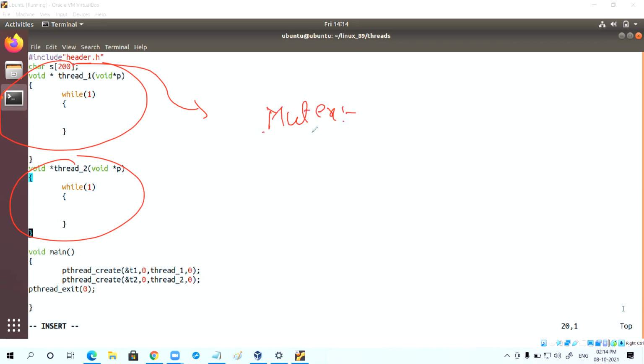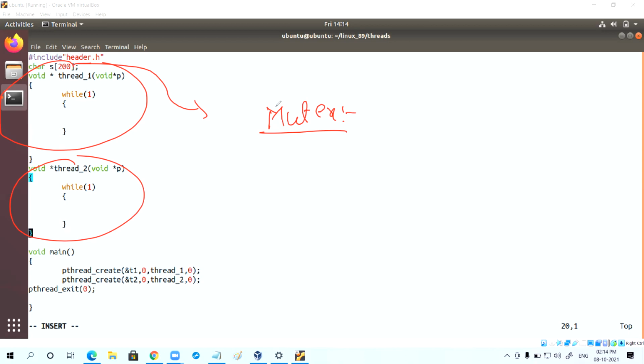What is the full form of mutex? Mutual exclusive event. Mutex is nothing but mutual exclusive event.